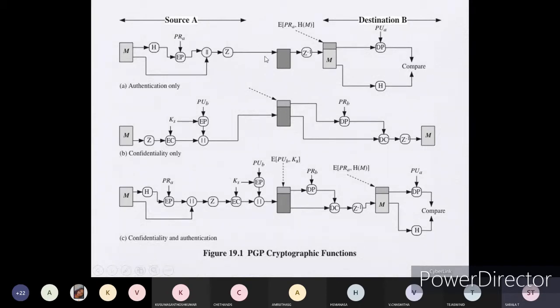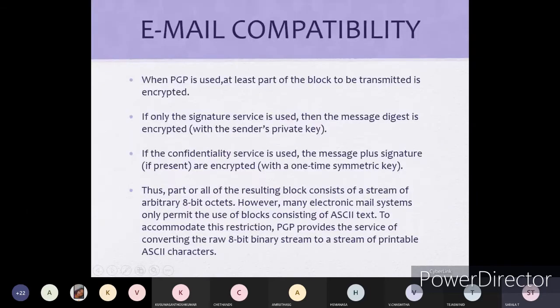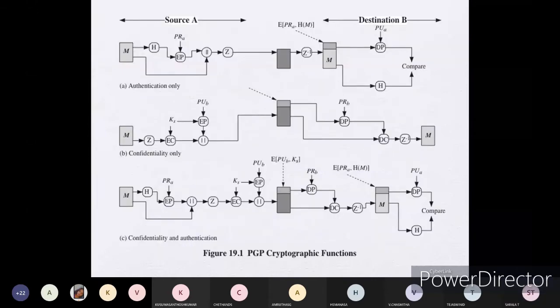This is related to transmission, meaning whatever data you are transmitting, the message should be taken. After that you are adding the hash function to provide the security.